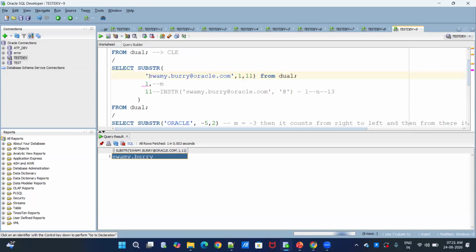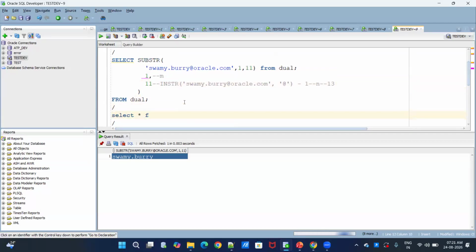How do I know, as a human, I can think, okay, if I get this from S to Y, then I will get my user ID. But how does the system know where exactly this username ends? That's where, before the at-the-rate symbol, my username ended, right? So in the same way in INSTR, I'm giving a pattern string: go and search where exactly the at-the-rate symbol is available. If you execute INSTR individually, it will give some number, that particular position